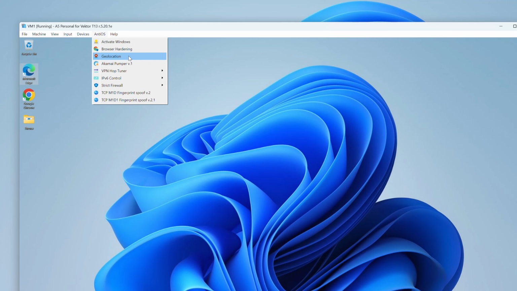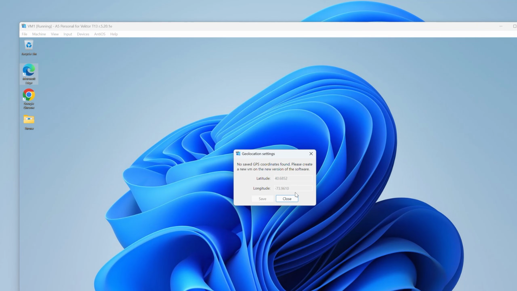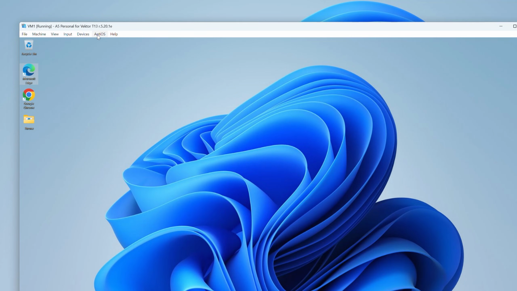Next is geolocation. Accordingly, you can change the geolocation. If you suddenly created with one geolocation, you need to change to another. You can easily do it here without recreating the machine. Since I did not specify a geolocation, now this item is not available to me, and the system says that I need to create a geolocation. So here too, pay attention. If you did not set a geolocation when creating a virtual machine, then you will not be able to change it later. So I recommend setting geolocation.